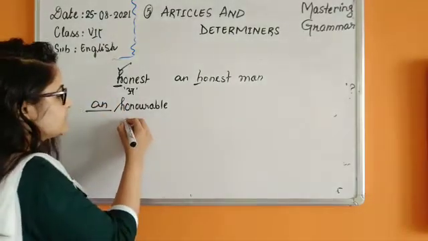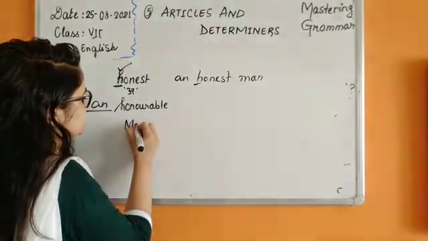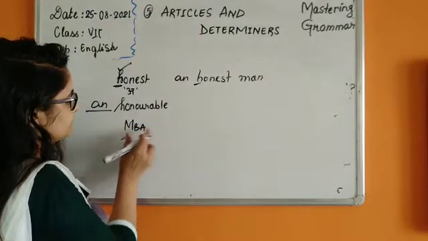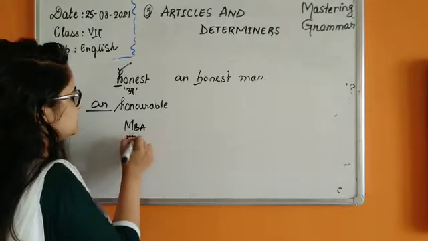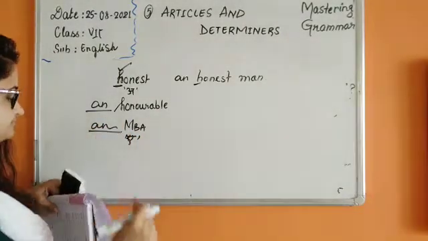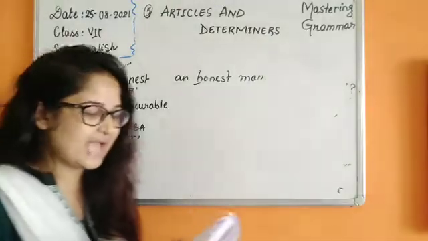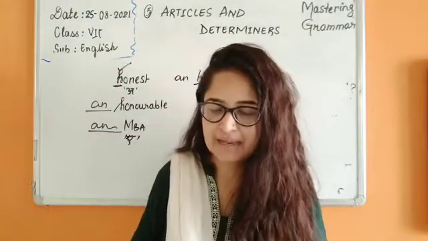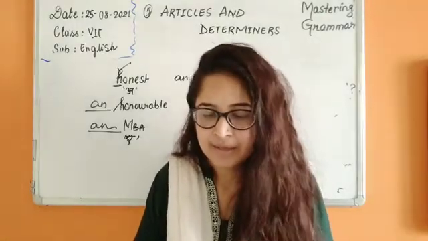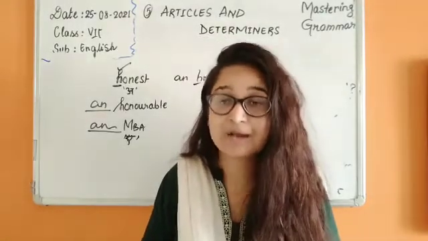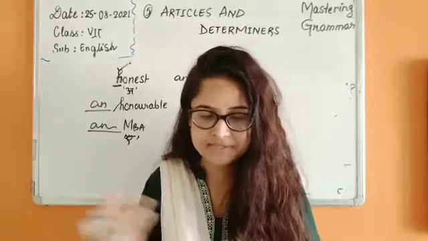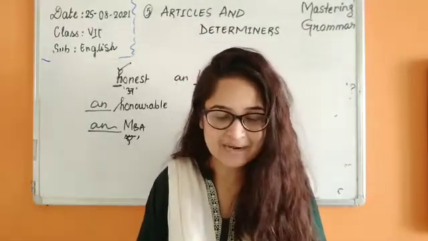Yes, MBA. You see here MBA, it's taking the M sound, A sound, em. So it's em, right? So an MBA. Now see an hour, an honorable, an heiress, an honorary member, an heir, and an honest girl. So it's not hair, it's heir. Heir, heiress. Like that we pronounce it.